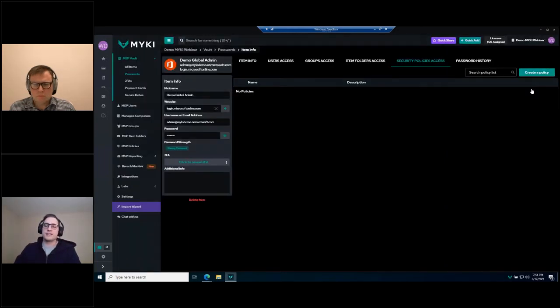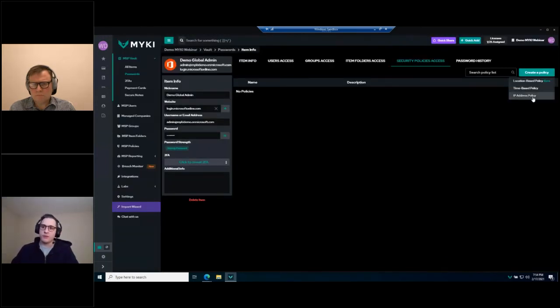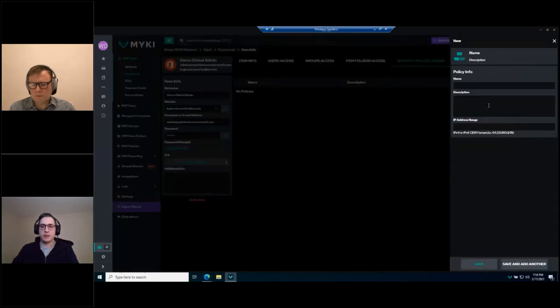You can also create a time-based policy, which is virtually identical to an Active Directory time-based policy. So you can make it so the passwords are only accessible in this small window. Very helpful if you're working with teams like a NOC team that you only want them accessing items overnight. Or also my personal favorite, which is the IP address policy, where you can actually set the public IP, for instance, for a site that you have, so all users would have to either connect to the VPN or be directly connected to the network for this particular site before they can actually attach to these credentials,